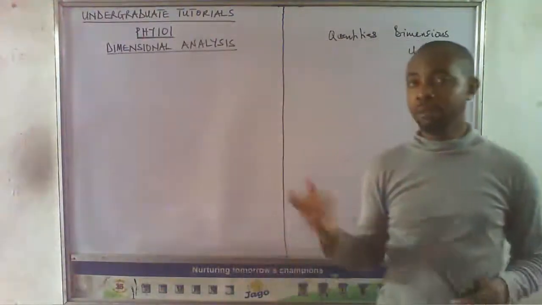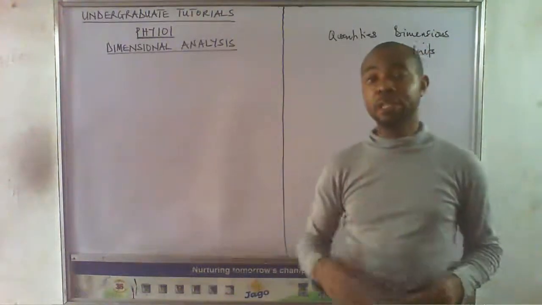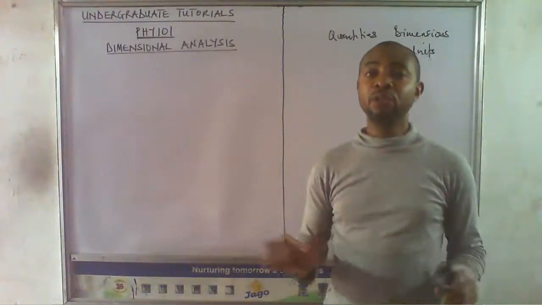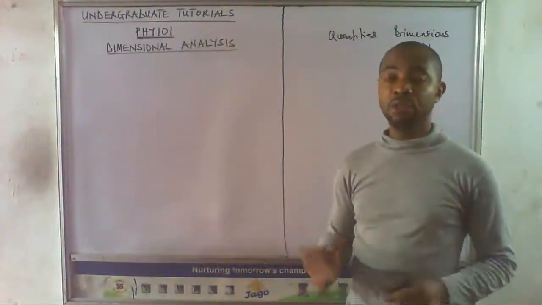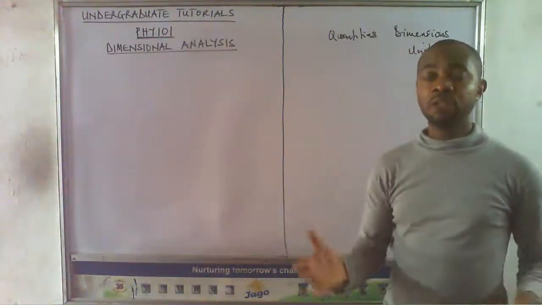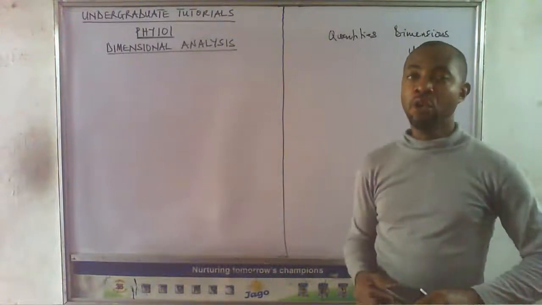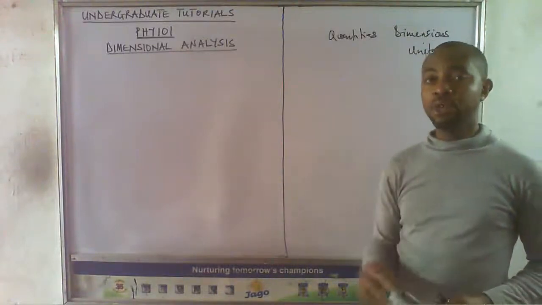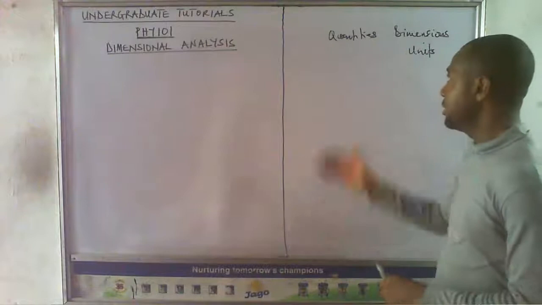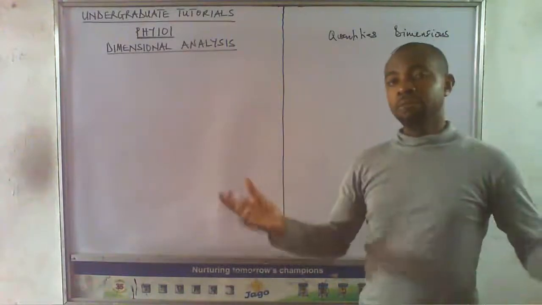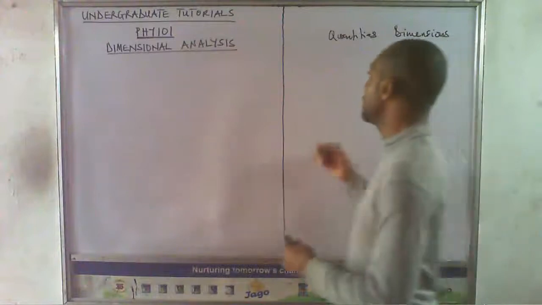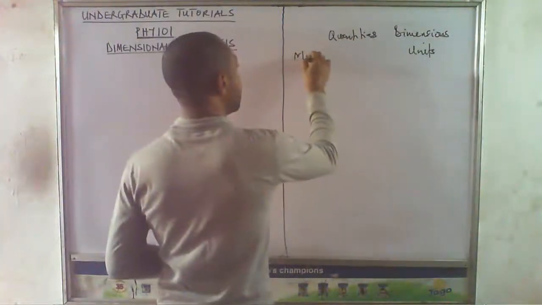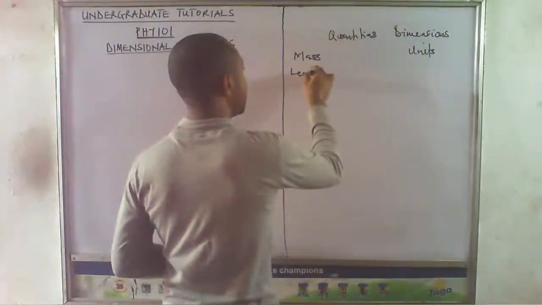We were able to establish back then at the secondary school that fundamental quantities are quantities that do not depend on other quantities for their dimension, while derived quantities depend directly or indirectly on the fundamental quantities for their dimension. And we know the 7 fundamental quantities, the common fundamental quantities, talking about the mass, the length,